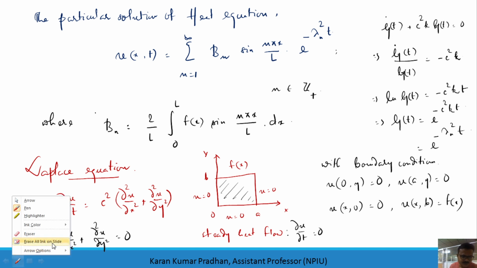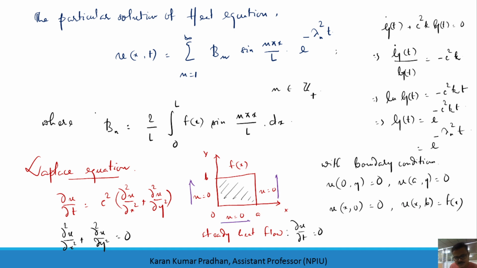I'll show you. See, u at x, that means u at 0 and y, that means it is referring to this one. Okay, along this side is grounded. Okay, because the heat will not pass through this one, or the insulated, I'll say. Similarly u at a and y, that means I'm considering this side. And u at x and 0, that means it is considering this one. And finally the upper side is heated, or provided with a heat source. This is here the function of x.